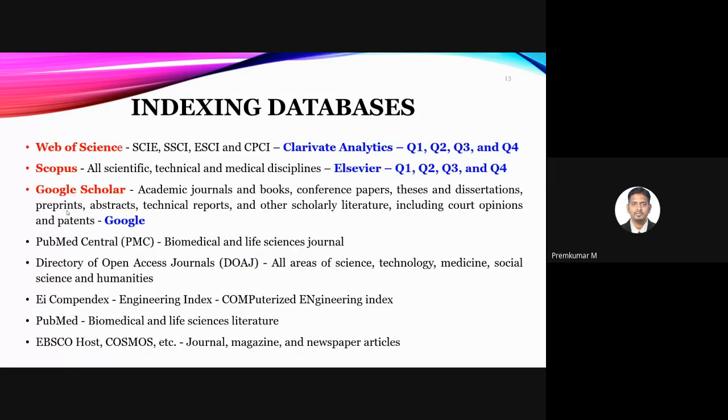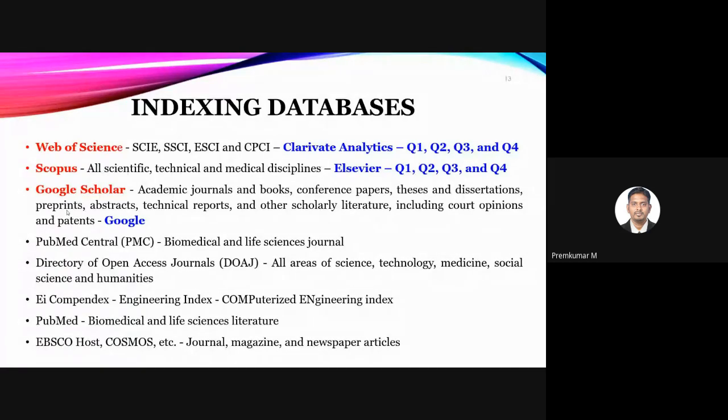Okay, and the indexing databases, as I told, when you go for quality publications, you have to check the indexing databases also. The topmost indexing database is Web of Science. In Web of Science, we have certain levels like SCI, SCIE, SSCI, and CPCI. SCIE and SSCI are top level, I can say. So if you publish a paper in an SCIE or SSCI indexed journal, then I can say your papers have